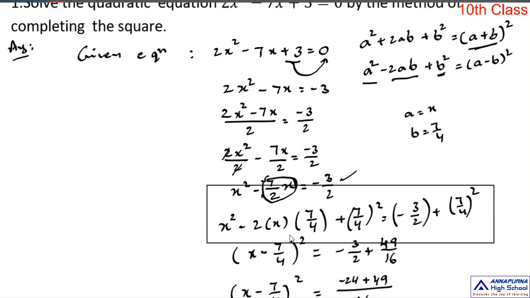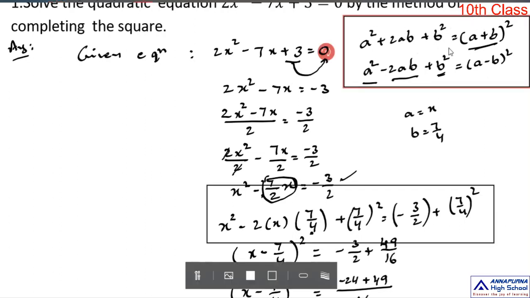From the second term. Okay, so the first term you can read as a square and the second term we treat as 2ab. So 2 is a constant and a is equal to x, which we have already assigned. So in the place of b, whichever value you take, this total term changes to 2ab. We take that value instead of b and we add its square term on both sides of the equation. So this is the most important. Okay, and in this method we use these two identities.